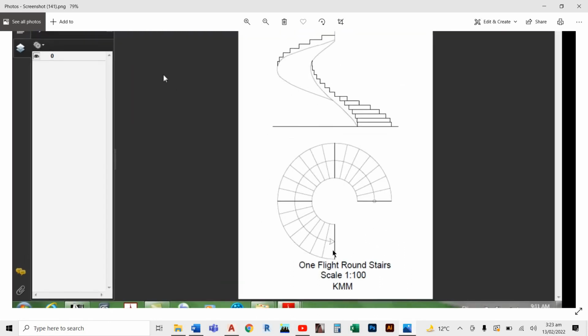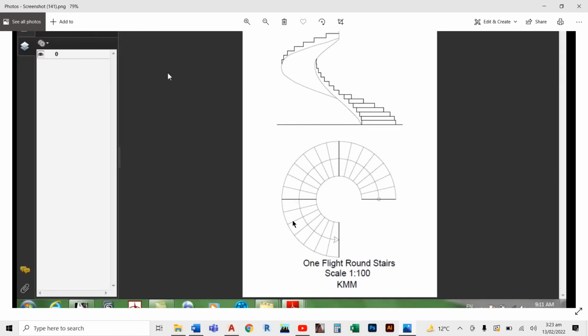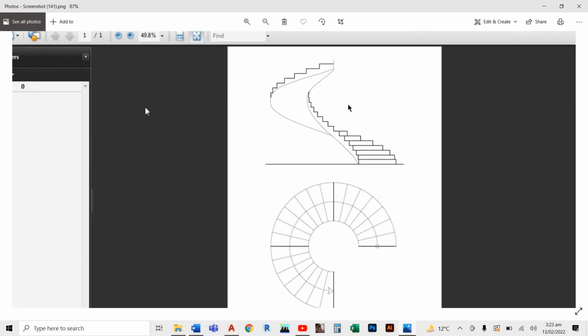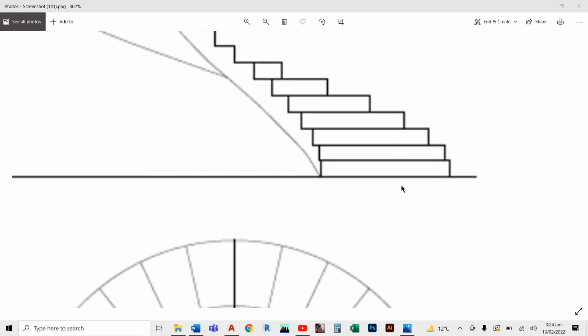And it's also a circular stair. If you see, you must go up in this direction, and it also has one flight. It's also very good, and we place the circular stair in a small place that we have. So if you see here, if you see these distances,